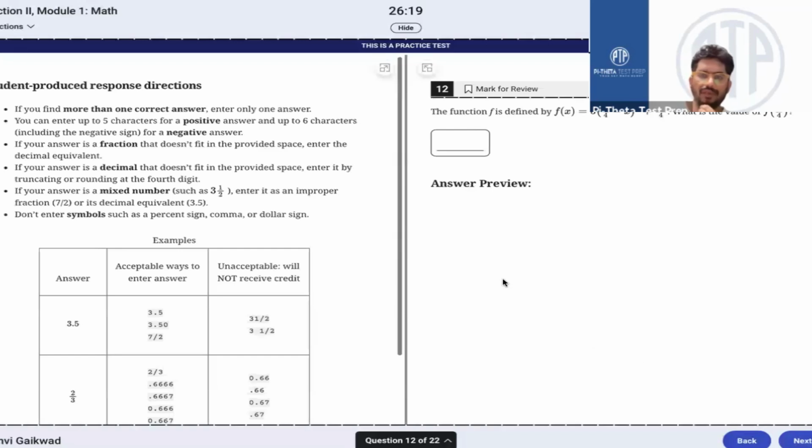The function f is defined by f of x equal to 5 times (1 upon 4 minus x) whole square plus 11 by 4. What is the value of f of 1 by 4? Very logical here, f of 1 by 4. If I input here 1 by 4, this eventually will become 5 into 0 square plus 11 by 4. This total will become 0. So our answer is 11 by 4 here. I'll just write